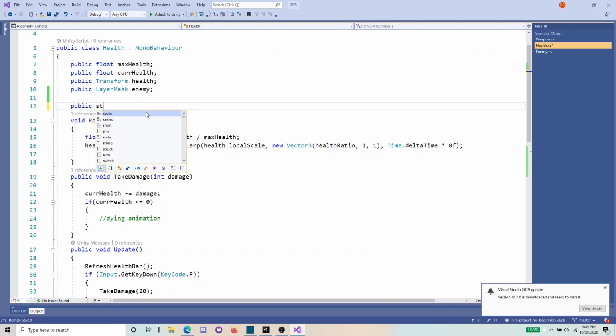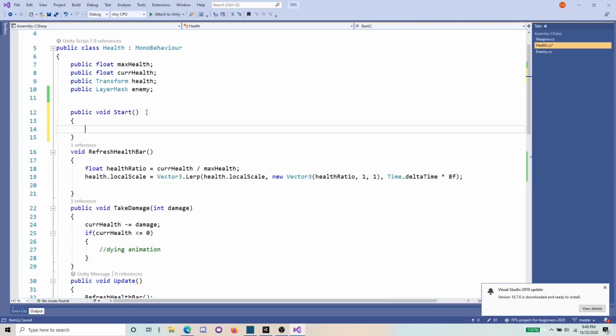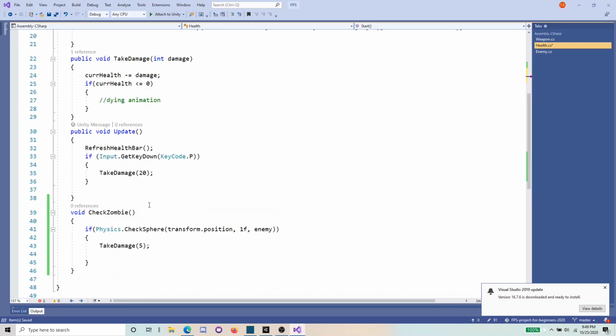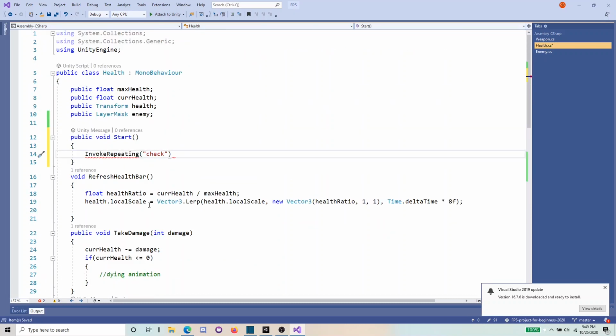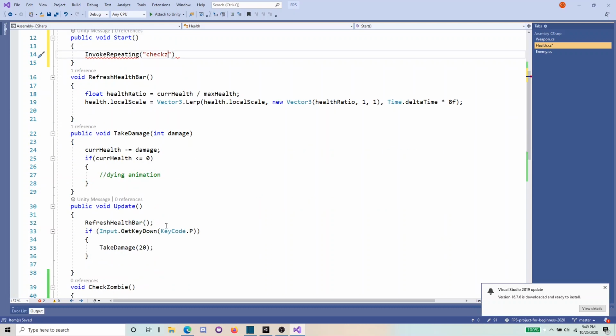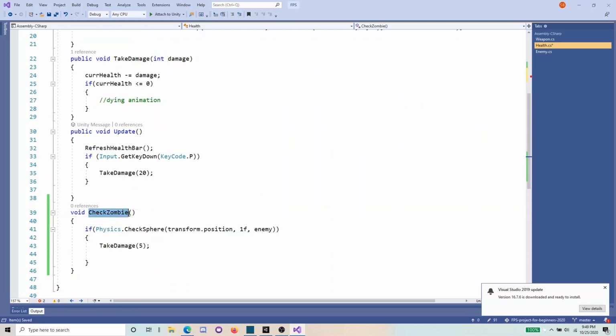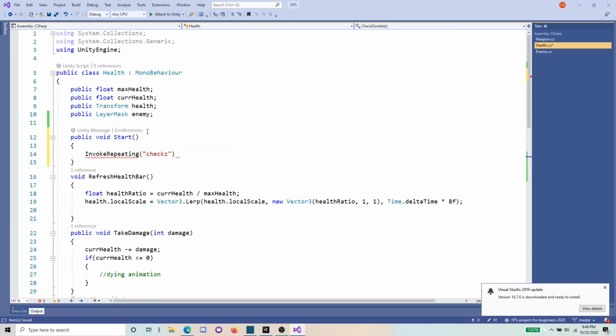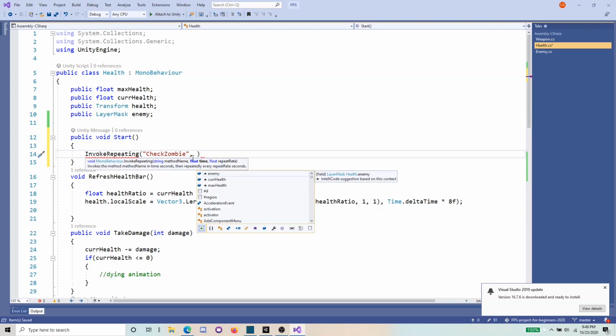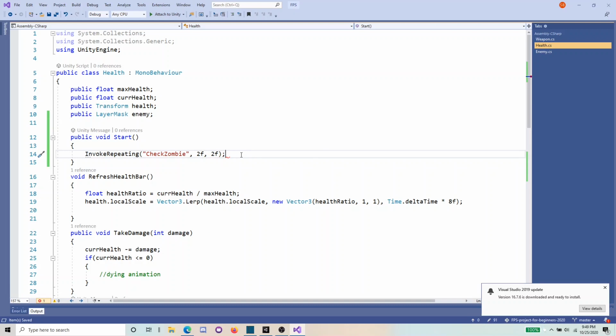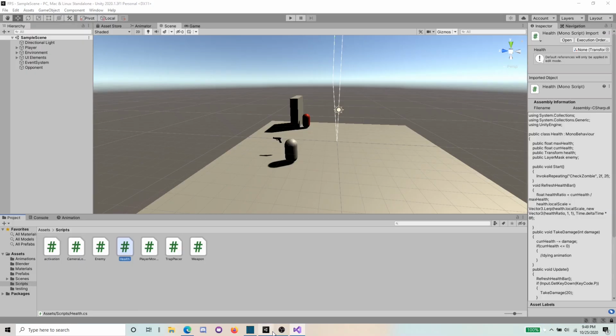So I'll create the Start function again using void Start. We can do InvokeRepeating. Now we need to tell it what function to run. So we want to run CheckZombie every 2 seconds, I would say. CheckZombie, I'll just copy that over. So 2f and 2f. So now if we save this, go into Unity,